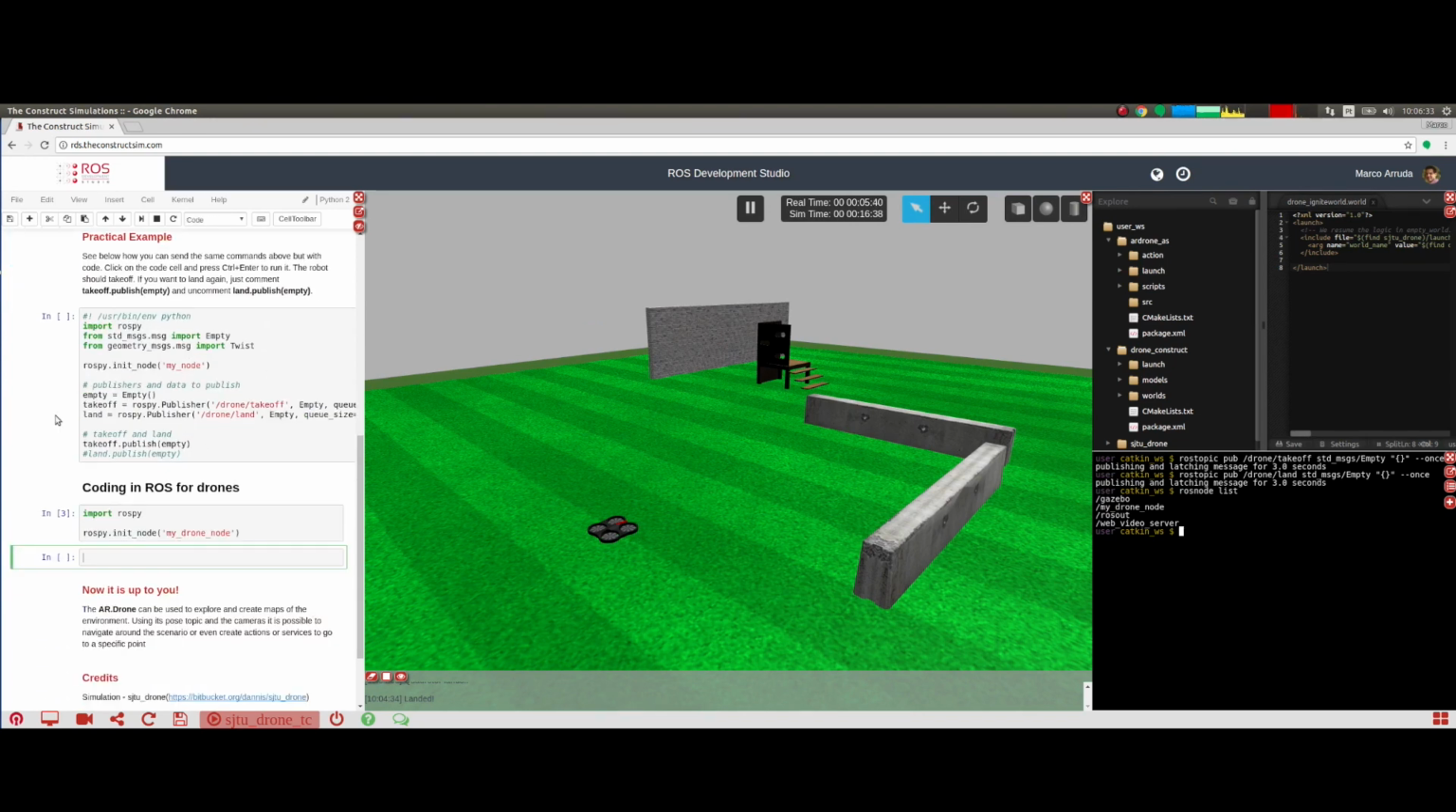So let's start creating an object. I will call it pub takeoff, which comes from rospy.Publisher, to the topic drone takeoff. I want to send an empty message, so I need to import